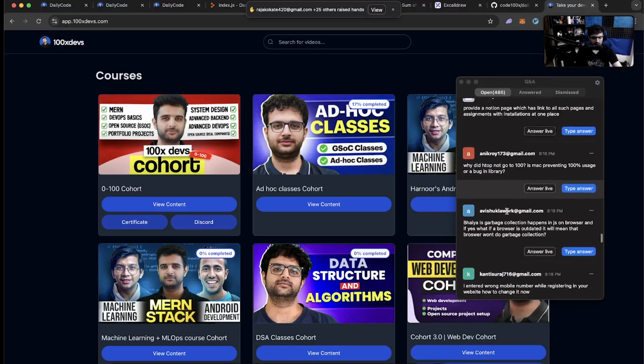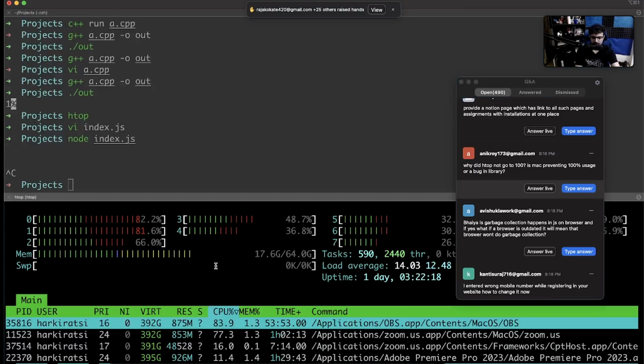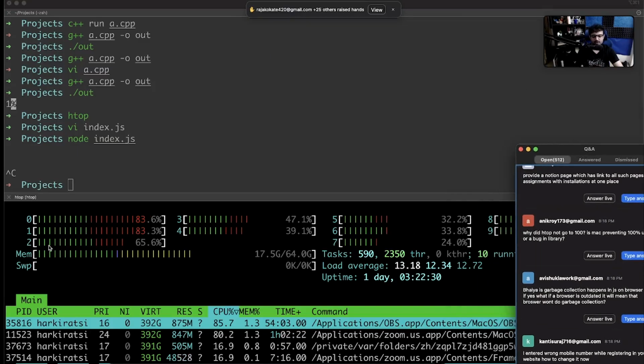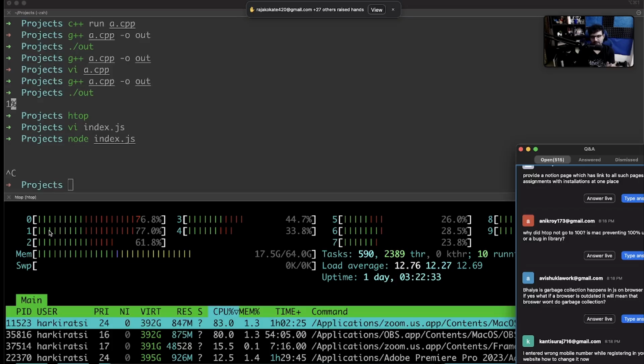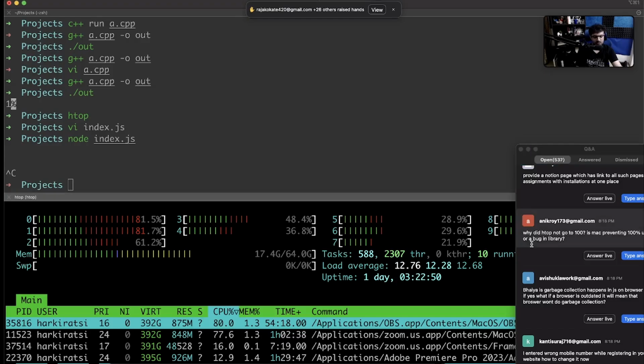Why did it not go to 100? It was at 95% here, and the reason for that is that it is not necessary that my JavaScript program always gets the CPU. There are 100 applications I'm running, right? So it wasn't able to get assigned to a CPU 5% of the time, which is why it was 95. And why did one of these not go to 100? Because whenever any program runs, it is not running on a single core. It is context switching between various different CPUs, which is why it did 10% here, 20% here, 30% here. That is why you did not see one spike up to 100%.